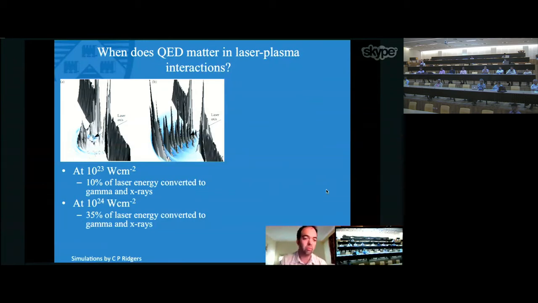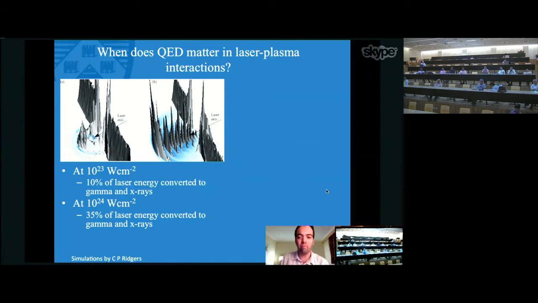So at 10 to the 23, you can convert about 10% of the laser energy straight into gamma rays, rather than going through any intermediate, ions or fast electrons in particular. And at 10 to the 24, that fraction goes up to something like 35% laser energy. Now, while this may open the door to things like positron production and gamma ray sources,